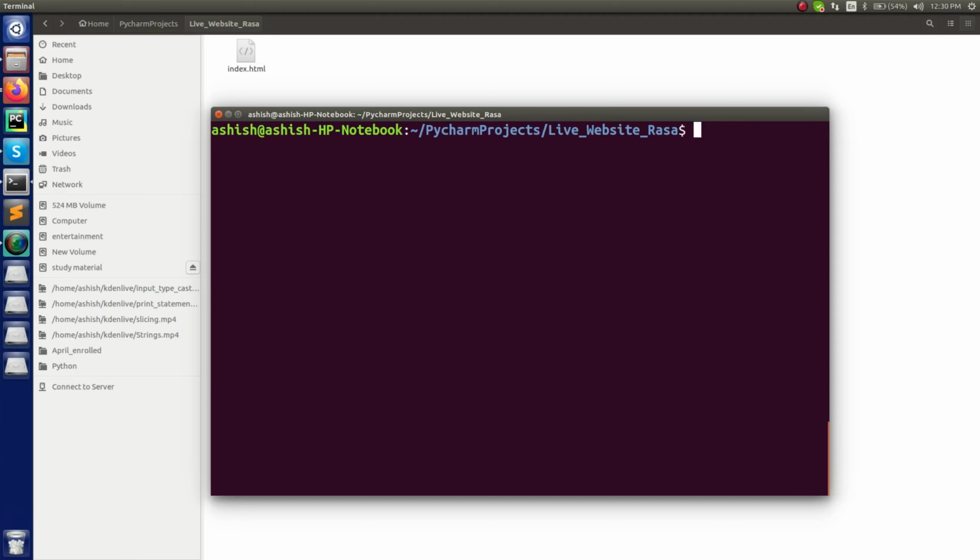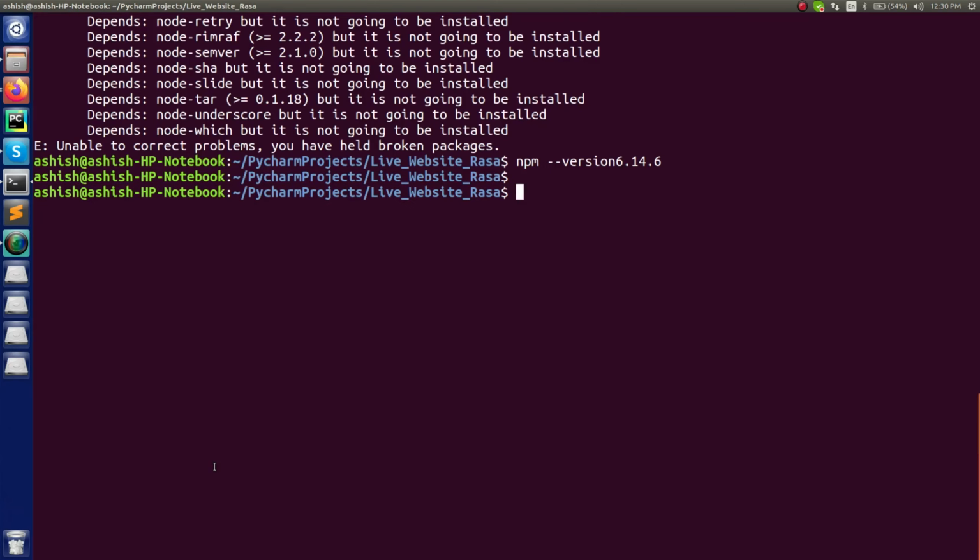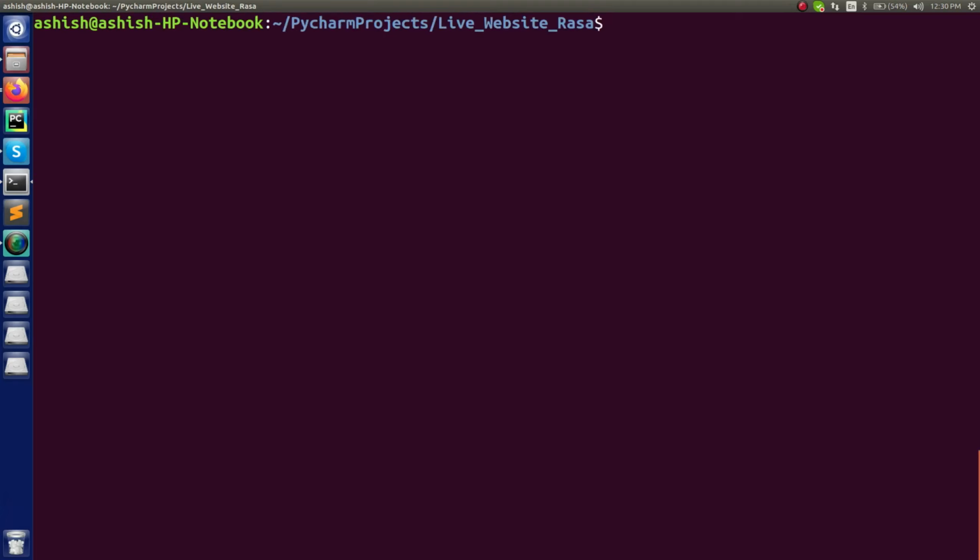For hosting the website, let's run the first command, and that very first command is to install Firebase tools and make it global. So this -g means global. With respect to npm, we are going to install this Firebase tool, and that will be used further for logging in to your Firebase account and to further host the website onto that account. So just press enter.